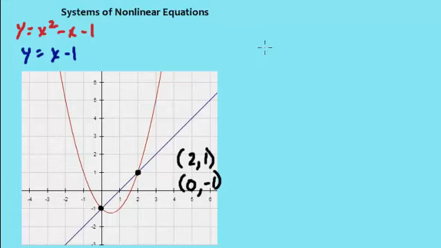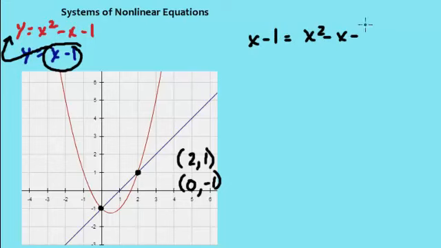One of the easiest ways to do this is by substitution. So I'm going to take this right here, which is equal to y, and I'm going to substitute it in for that particular y. So I'm going to do this algebra out to the side over here. x minus 1 equals x squared minus x minus 1. Now, when I use the algebra to solve this system, I had better get (2, 1) and (0, -1)